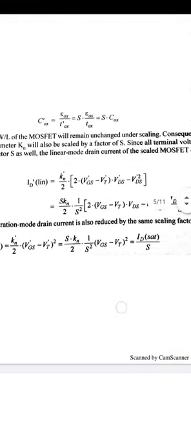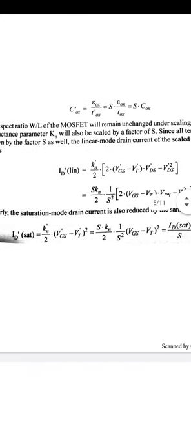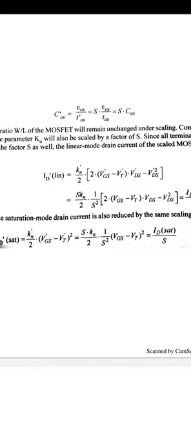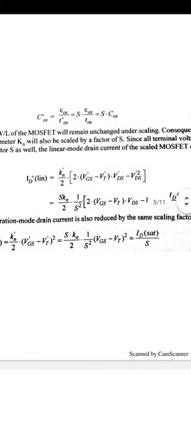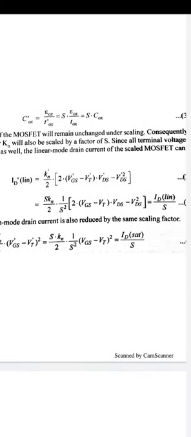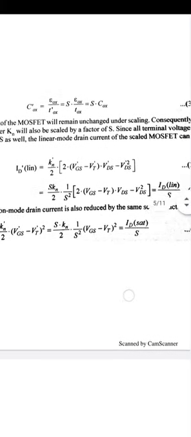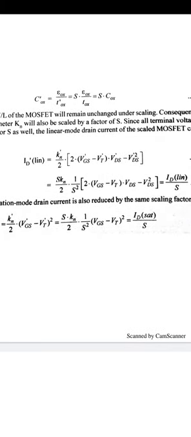Similarly, when we take the saturation mode drain current, that is ID dash, that is Kn dash by 2 into Vgs minus Vt dash whole square. When we put in the values S into Kn dash and the different voltage values Vgs by S, Vt by S in terms of Vgs dash, Vt dash, then when we find the final value, that is ID saturation divided by a factor of S. So the drain current in linear mode and the drain current in saturation mode, in both modes the drain current is divided